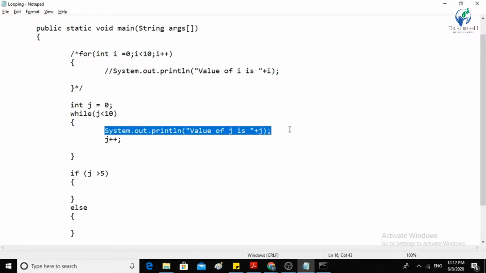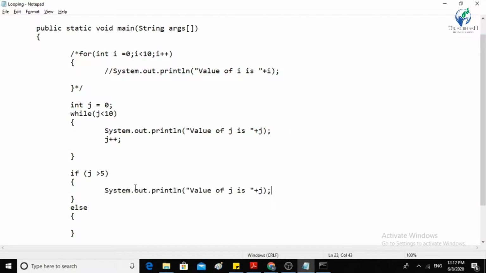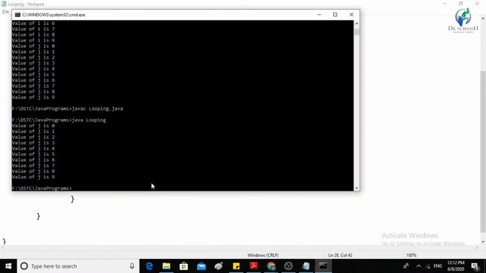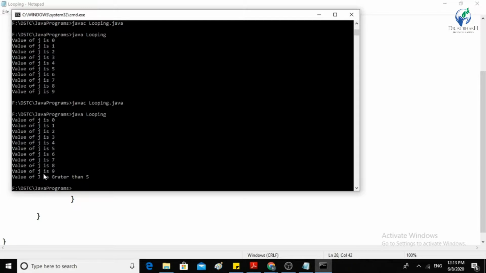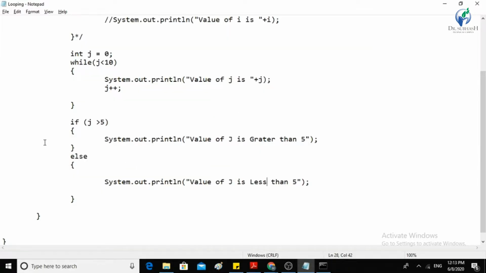Let's say over here, the value of j is greater than 5, and here we can write the value of j is less than 5. Just save this code and compile this code. Yes, we know it is so easy, but we should cover this. The value of j is greater than 5. Now I am giving you a somewhat of a twist.